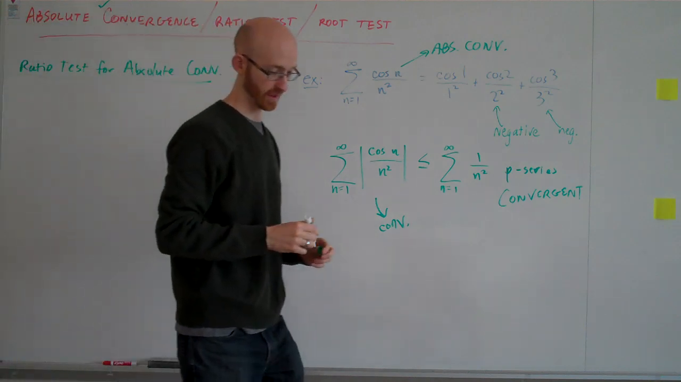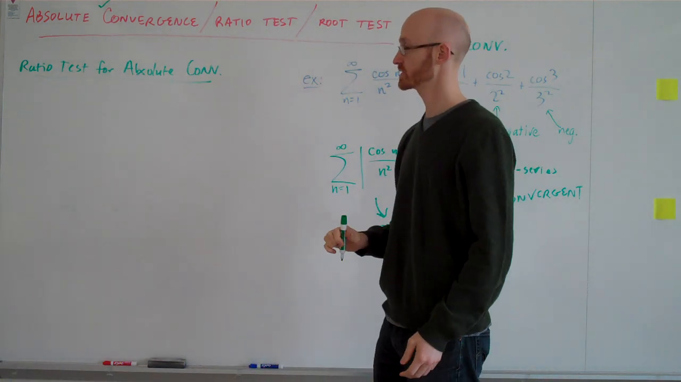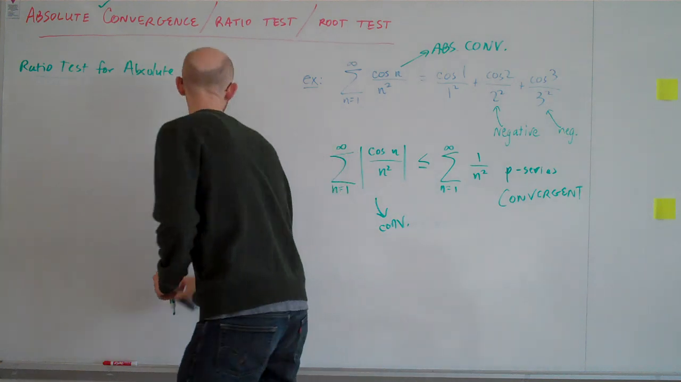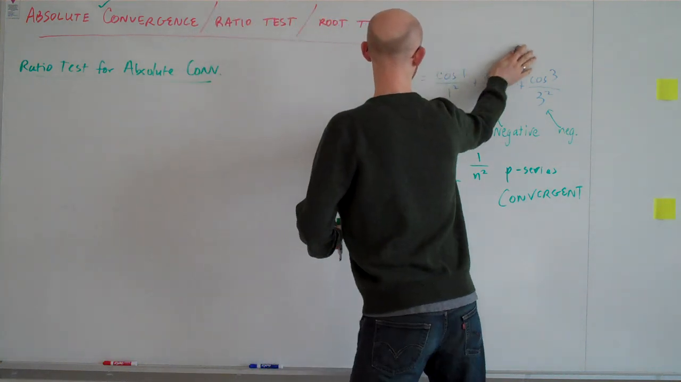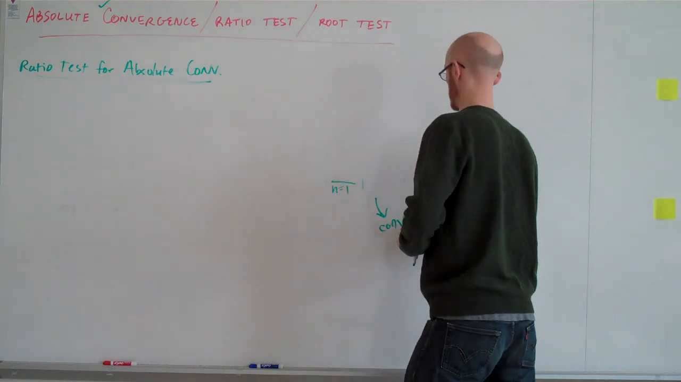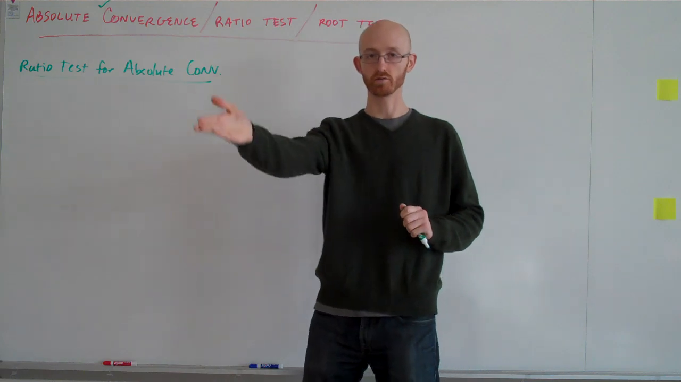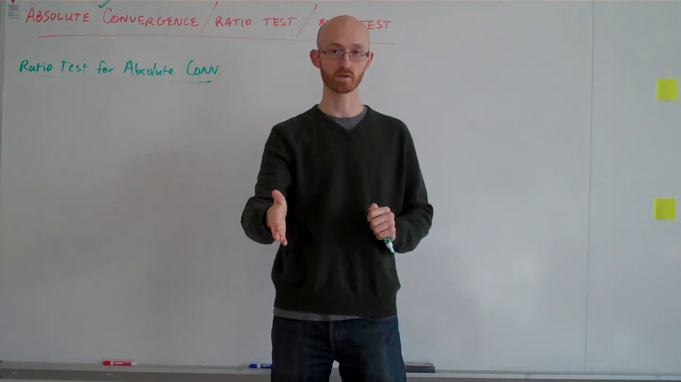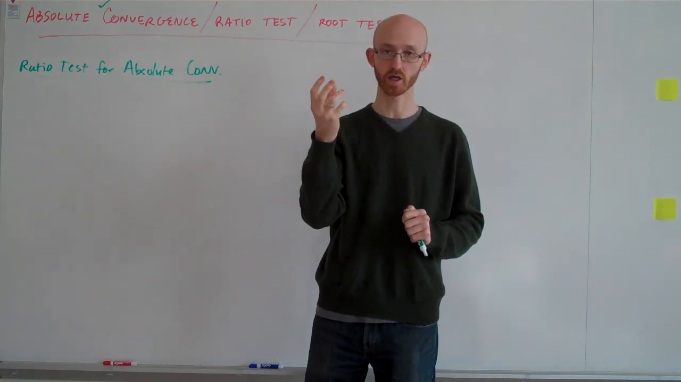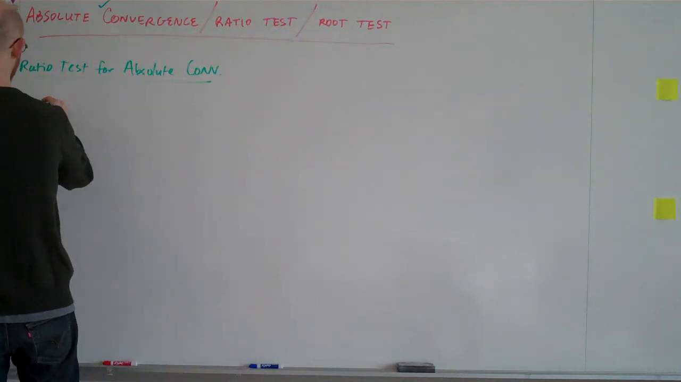So the ratio test for absolute convergence, there are 3 different cases that can happen in the ratio test. Let me get rid of this. First of all, the ratio that you're taking is you're basically studying the ratio of the next term to the current term, which we would name a sub n plus 1 over a sub n. So case number 1